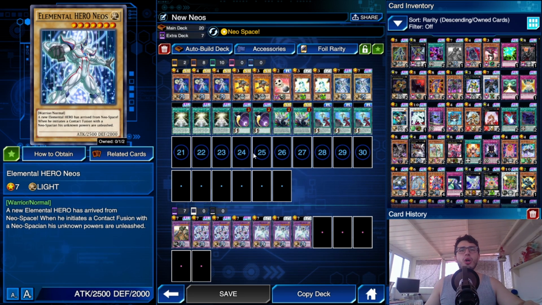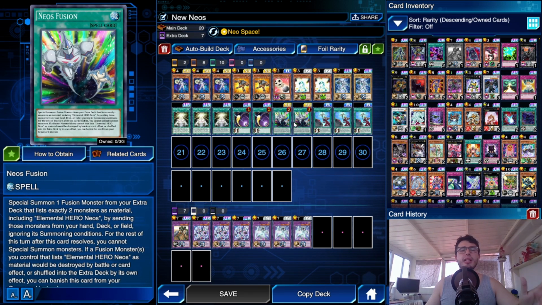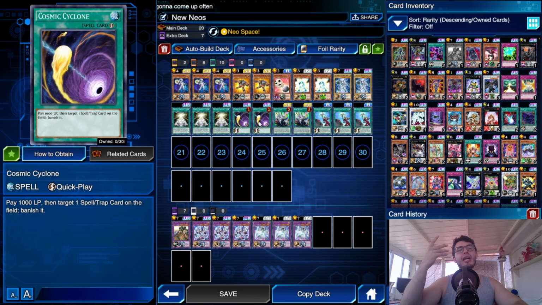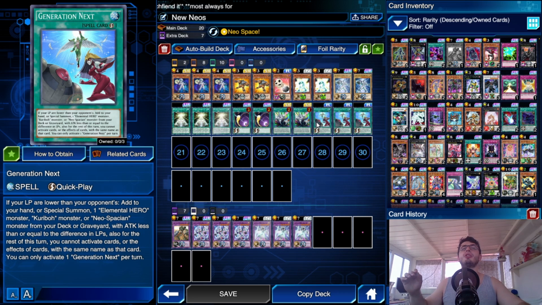And what we got: triple Miracle Contact, of course, a double Neos Fusion because it's semi-limited, and then the card that I felt was the most useful in this deck to help it survive was Generation Next. So now after you see Generation Next, you're gonna know why I played Cosmic Cyclone, because it's not only for the backrow removal thing, but also because I need to lose life points, because Generation Next says if your life points are lower than your opponent's,